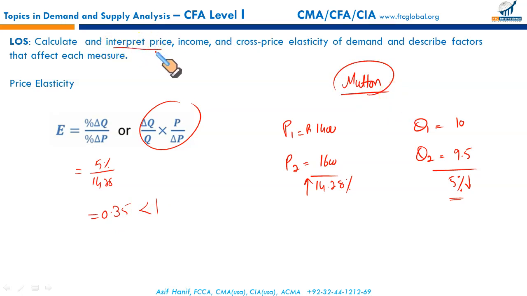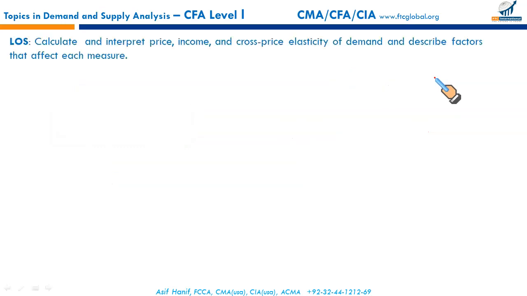So what does it tell me? And what does it tell you? That I hate chicken. If the price goes up, I'll simply avoid chicken. But for mutton, when the price goes up, I will reduce my consumption, but to a lesser extent. You can just see here. So it means more or less this is something I like, whereas chicken is something that I do not like. So that's the idea.